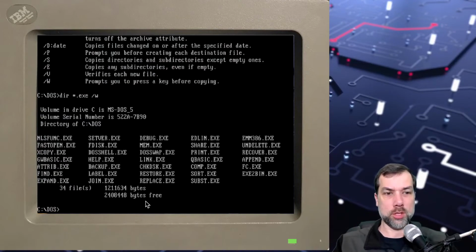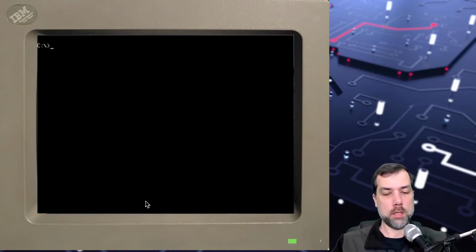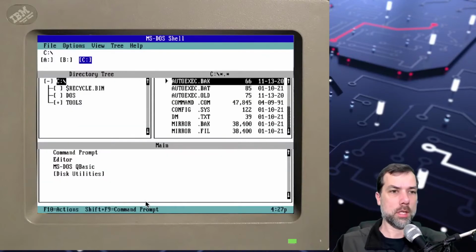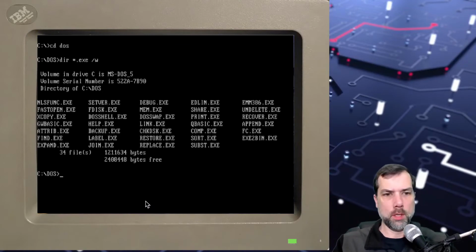Where is it? DOS shell. There's a DOSshell.exe and a DOSshell.com. DOSshell.com loads the DOS shell. Alt F4 exits. DOSshell.exe does the same thing as far as the user is concerned, but there's probably some reason why there's two of them. DOS swap. Well, let's see if it's got command line help. DOS shell